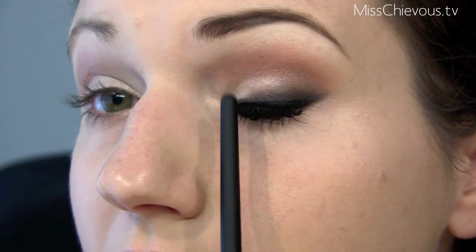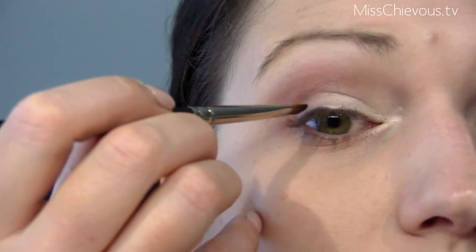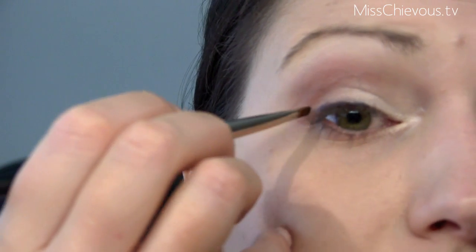So I'm going to start doing this eyeliner, and I want it to be quite dramatic, but it does look quite blended out in the show. So I don't think that they use just one product for it. The first thing I'm going to do is just use a black eyeshadow. And this is Bulletproof by Sugar Pill, and just an angled brush,